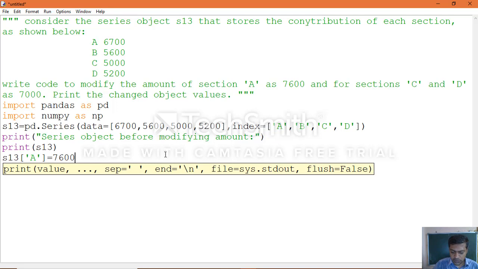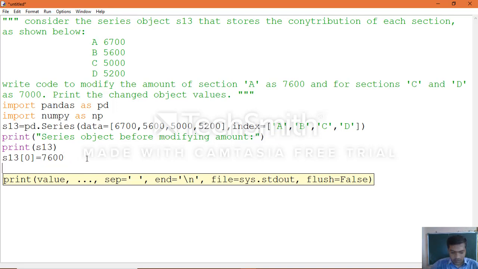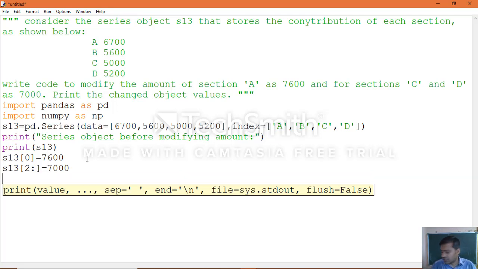Here we check the position value, yes, position value means 0. Let's see what happens here. If any problems, we'll make changes. Yes, S13 of the slice which we apply, equal to 7000. I think we need to give their index. Let's see what happens.